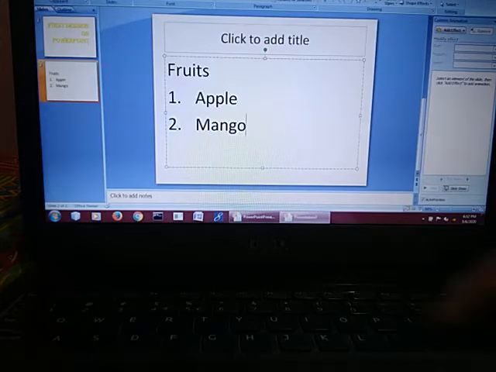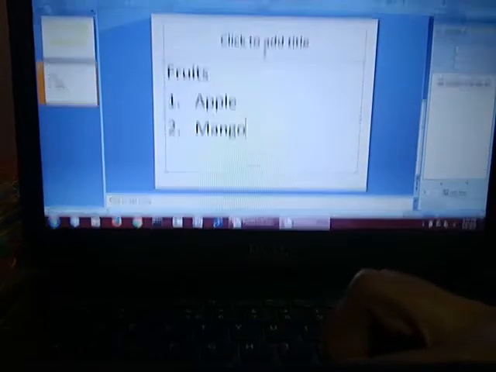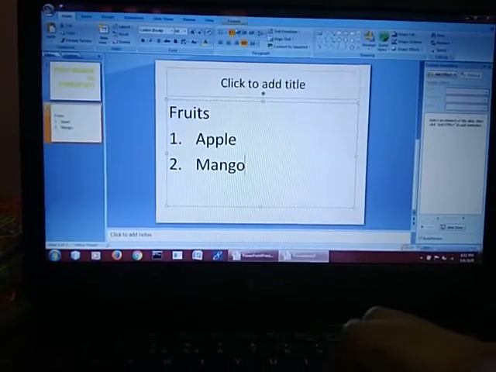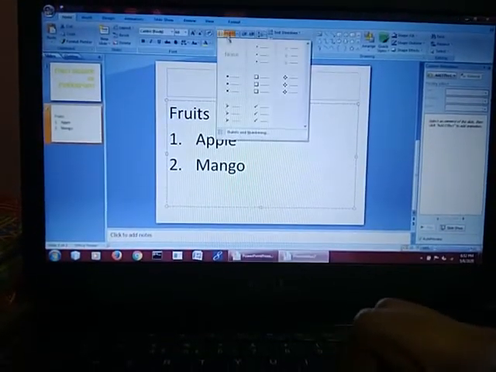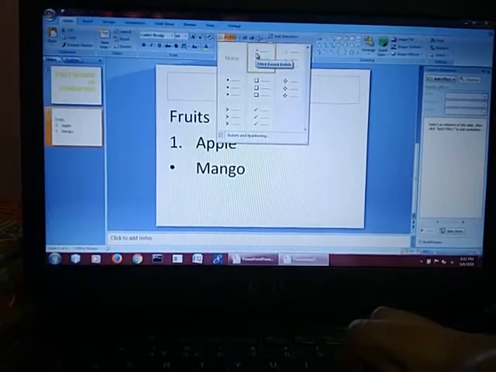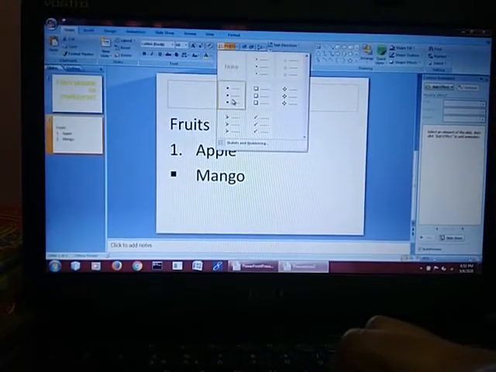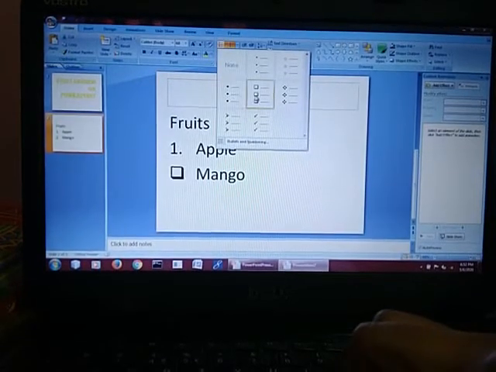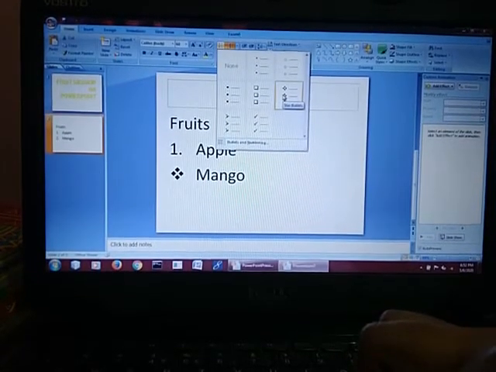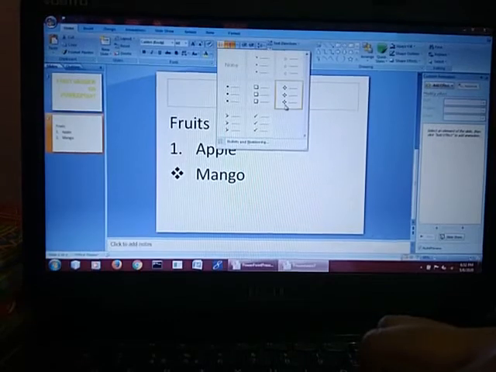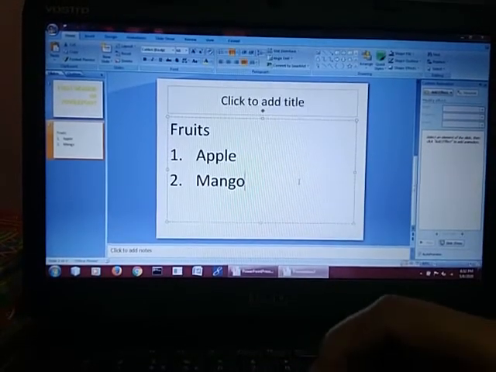Fine. You can also use bullets over here. Just before numbering, it is given, bullets, then hollow round bullets, then square bullets. Different kinds of bullets are there. You can also use bullets instead of numbers. As per your requirements you can choose.